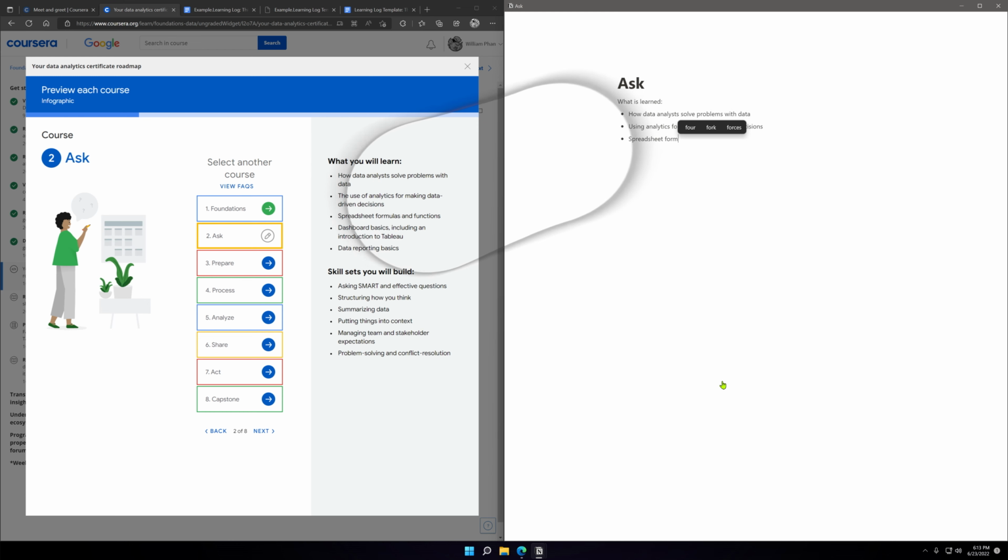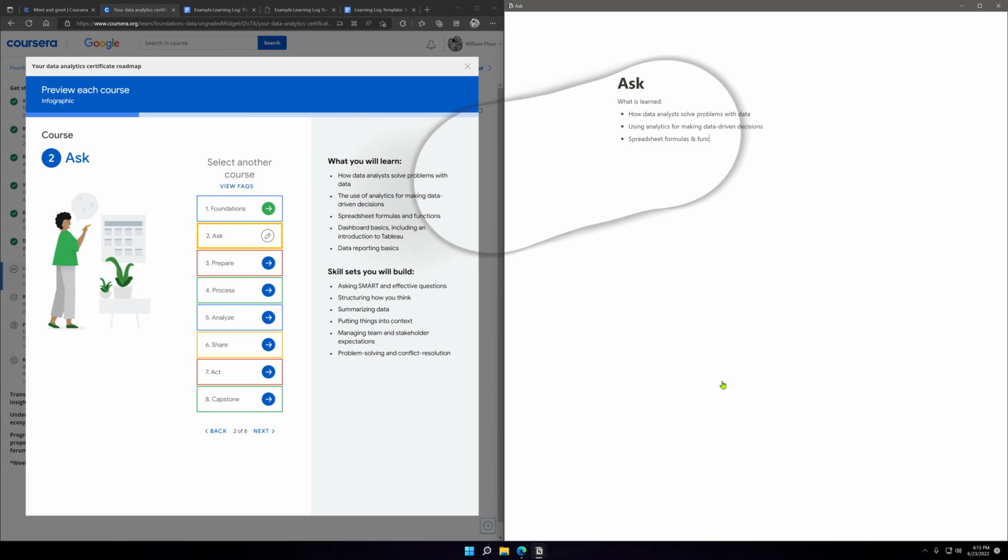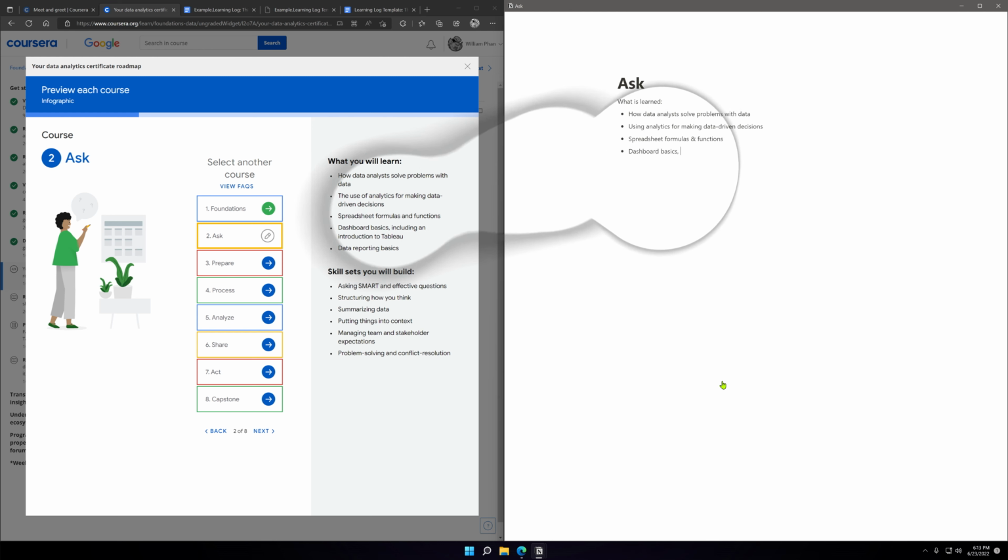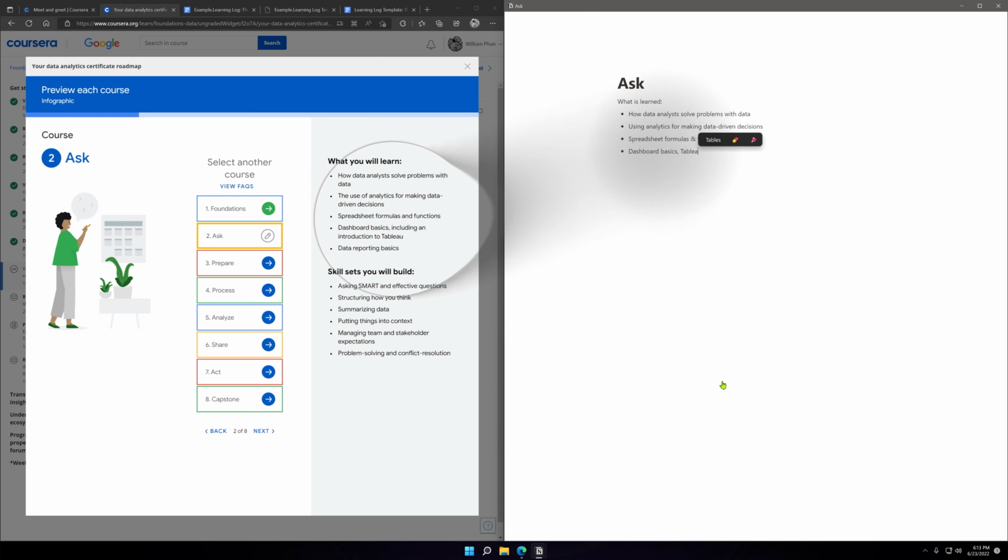Spreadsheet formulas and functions. Dashboard basics. Tableau. Data reporting basics.